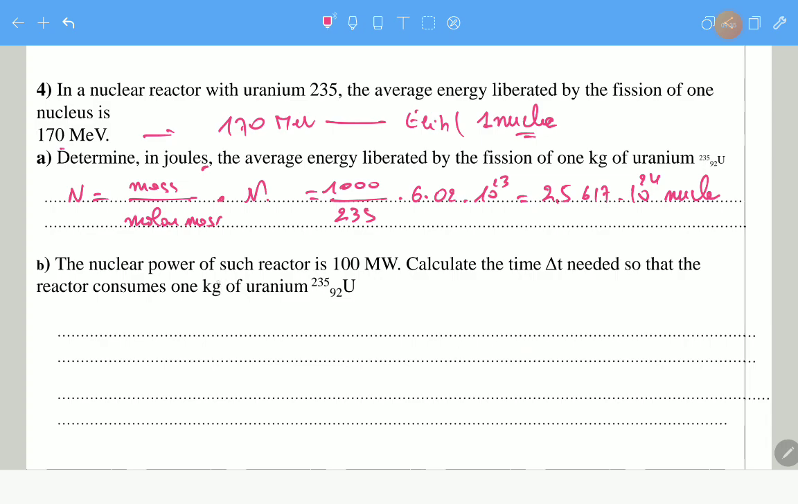So the next question is: the nuclear power of such a reactor is 1 megawatt. Calculate the time needed so that the reactor consumes 1 kilogram of uranium. In how many days or how many hours can this reactor consume 1 kilogram of uranium? Okay, so we know that the energy is equal to the power times delta T. We know the energy liberated by one nucleus and the number of nuclei in 1 kilogram of uranium, so we can easily calculate delta T, which is the total energy liberated over the power. And the total energy liberated is equal